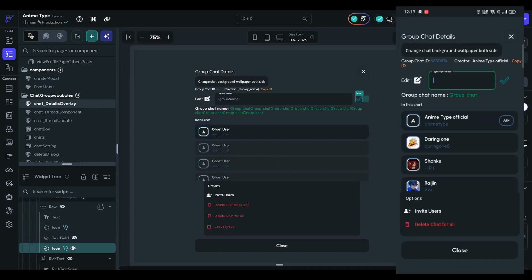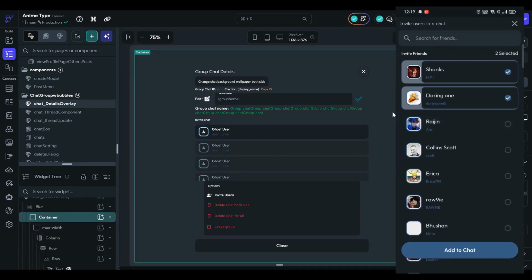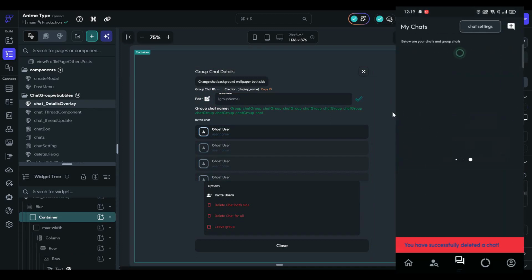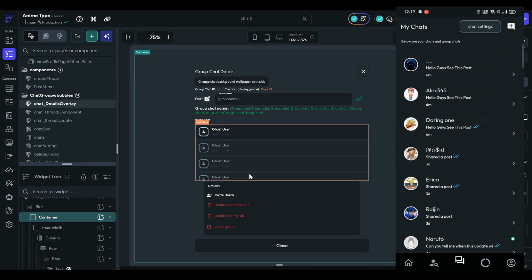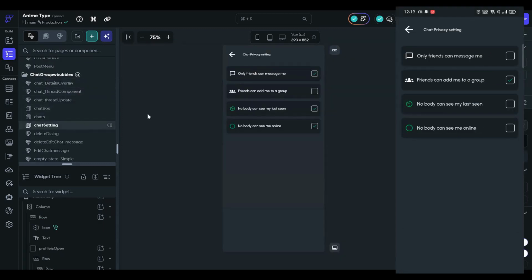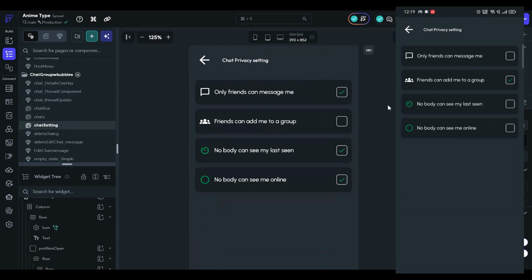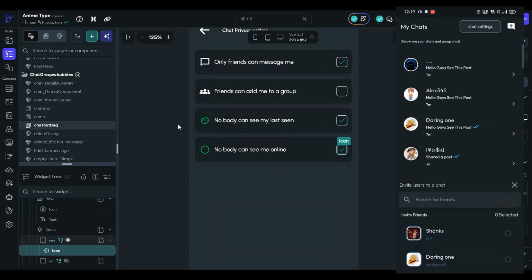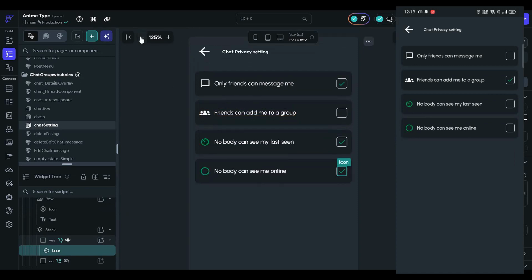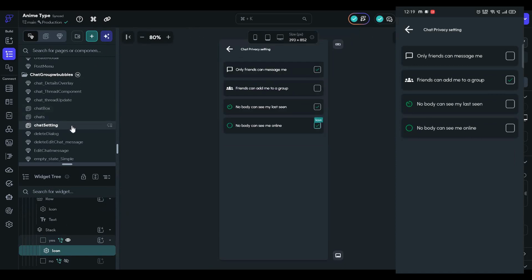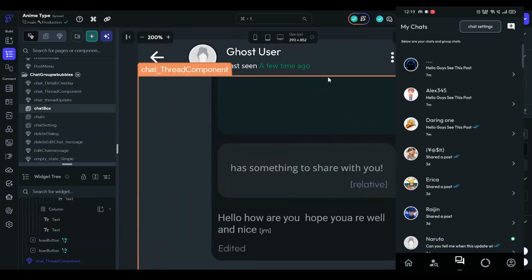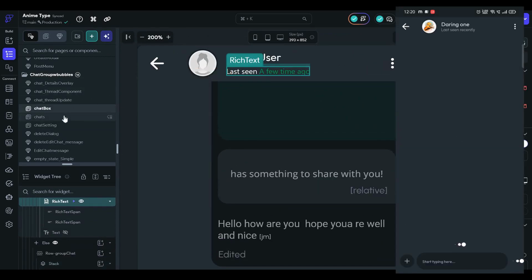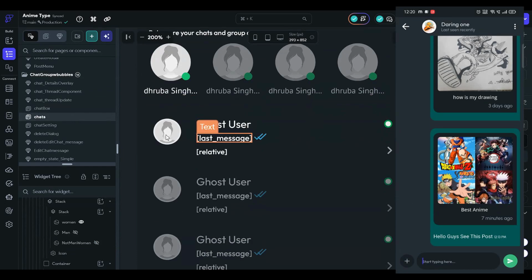You can also create groups. For example, I can create a group with some people. Once created, the group can have multiple members. If you type something, everyone in the group will get a notification. If you are the creator, admin, you can change the group's background wallpaper for everyone. The group itself has a unique ID, and as the creator, your ID can also be copied. You can change the group name, invite external users, remove members, or even delete the entire chat for all users.